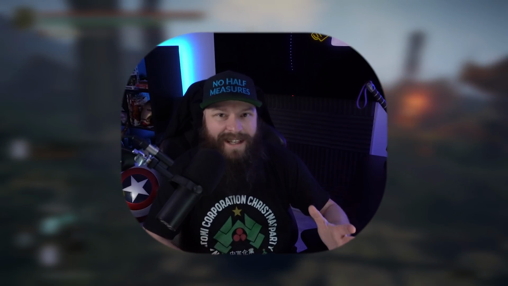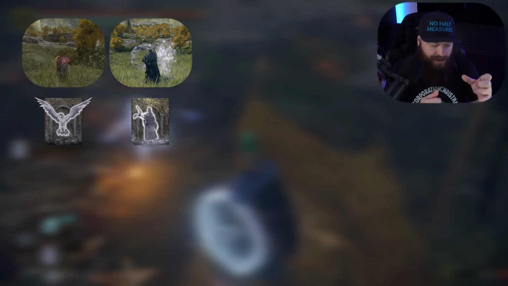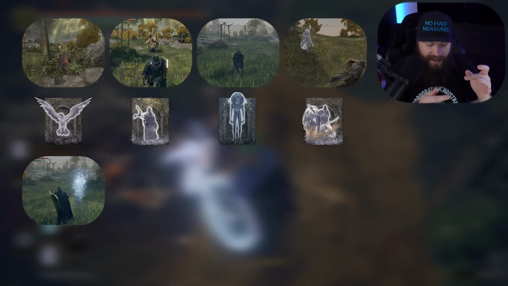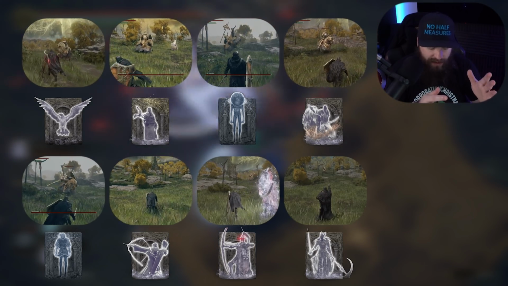Now starting us off in what I'd like to call the weak category, aka summons that you shouldn't be spending any mats on because there are better ones out there, is definitely Stormhawk Deenh. I hope I'm pronouncing that right. Perfumer Tricia, the Jarwight, Fallen Perfumer Carmaan, Dolores the Sleeping Arrow, Latenna the Albinauric, Redmane Knight Ogha, Cleanrot Knight Finlay,